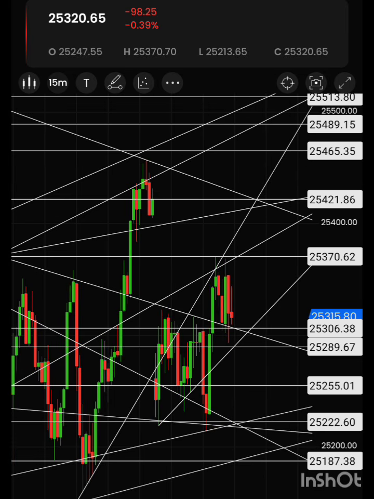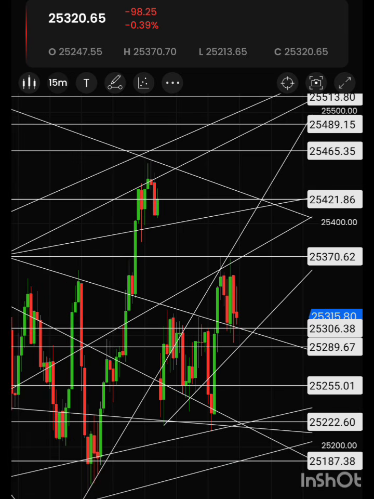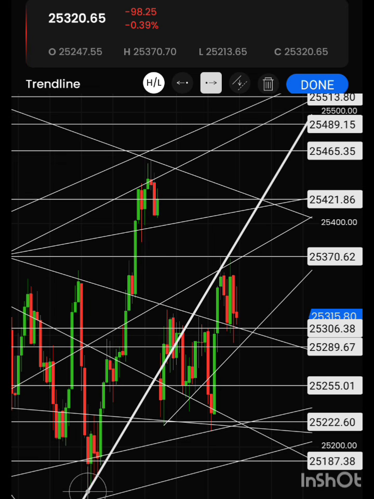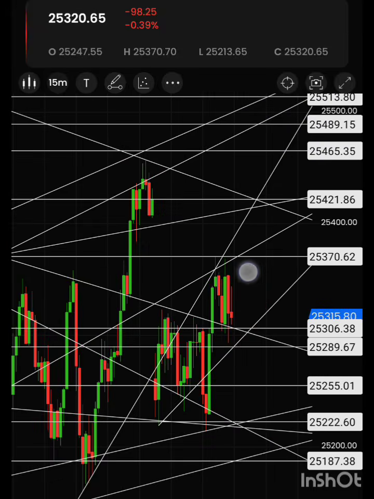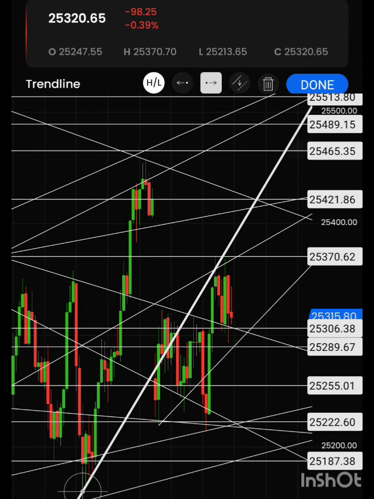So with this type of movement, if we are moving upside, then there might be a movement here and a zigzag, coming down and moving upward. This is possible because of the resistance here, so it will not cross directly towards the upside. Most probably it can move this way, and the upper side resistance I have already given. Once we cross 25,422, then you can expect these above targets on the higher side.